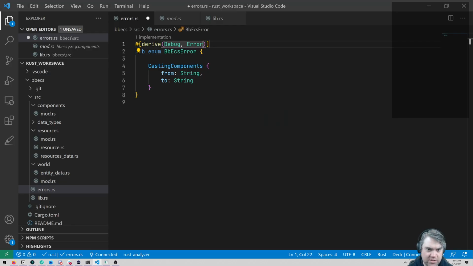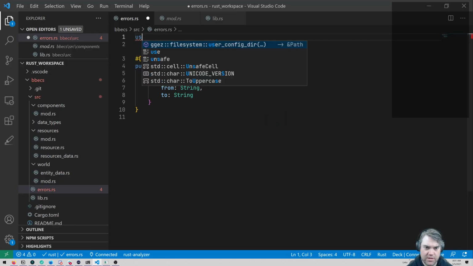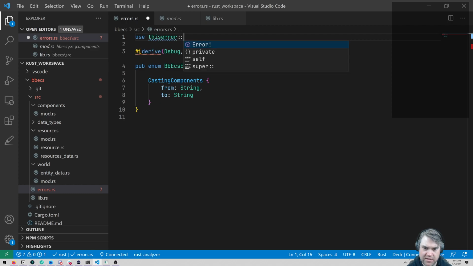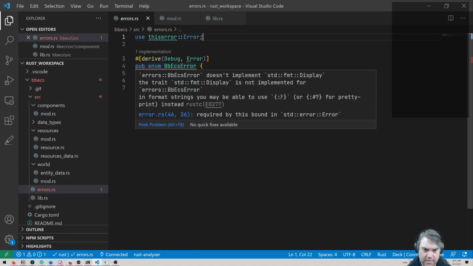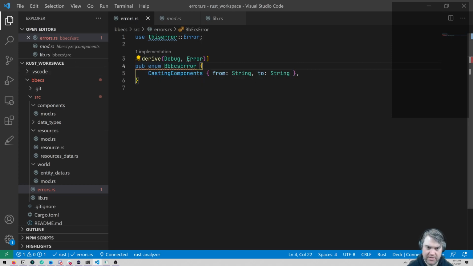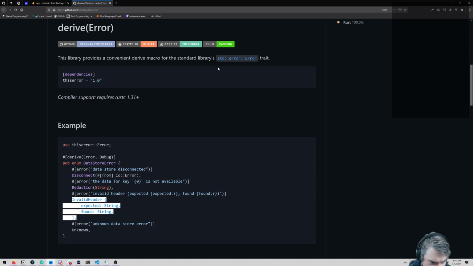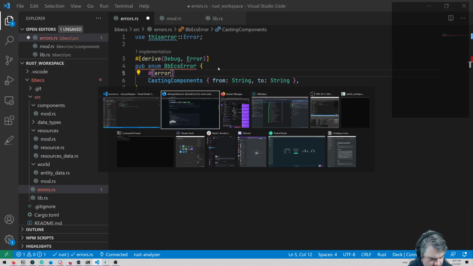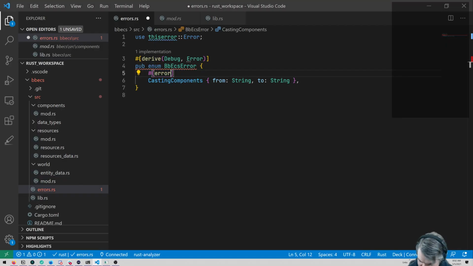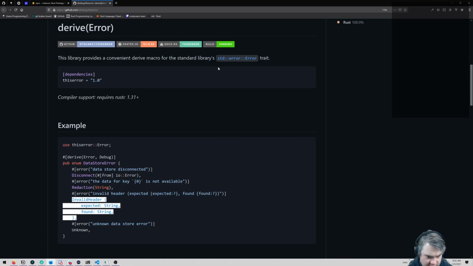Error, debug. Okay, so then we need to use this error. Then for each of these, we want this error, which then is that. And now we can put in the string for what the display is going to be.